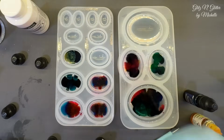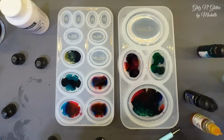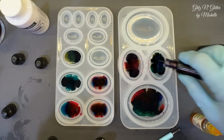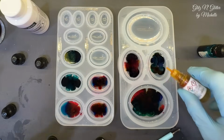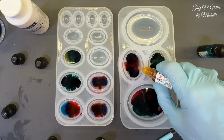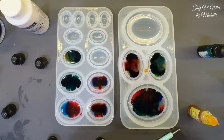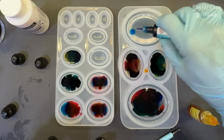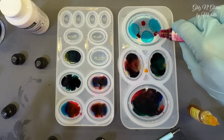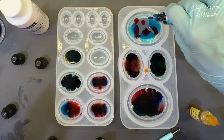I don't know if it matters if there's too much color. Now I forgot what I did there. Blue and green, did I? Blue, green, and yellow? I don't even remember already. We'll add some yellow, why not? A little bit more yellow over here. And let's do my favorite combination, which is blue and pink, because it makes a pretty purple in there. If I don't ruin it with the leaking bottle,